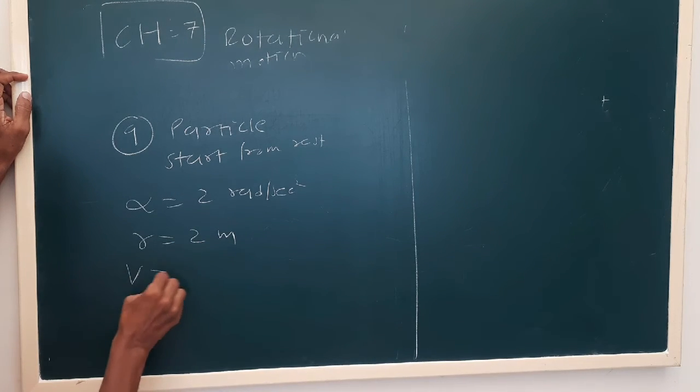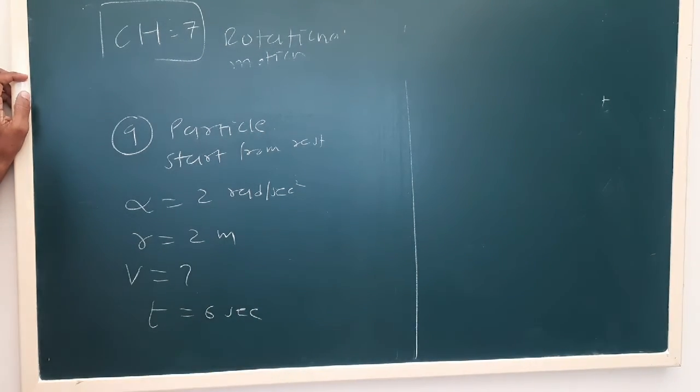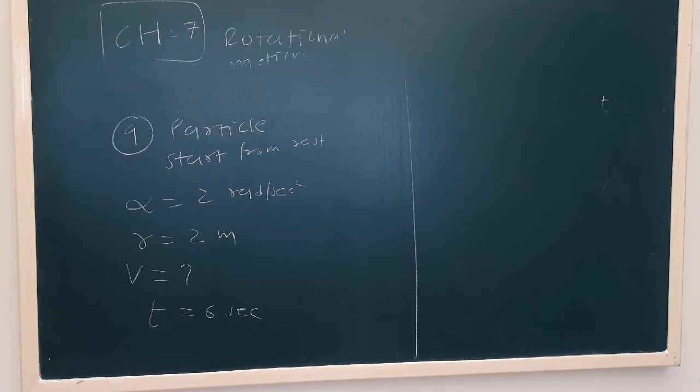We have to calculate linear speed at the end of 6 seconds. Here see the particle is starting from rest and acquires the angular acceleration of 2 radian per second square in a time interval of 6 seconds. See the radius of the circular path of rotational motion is 2 meter. What will be the angular speed? Now see